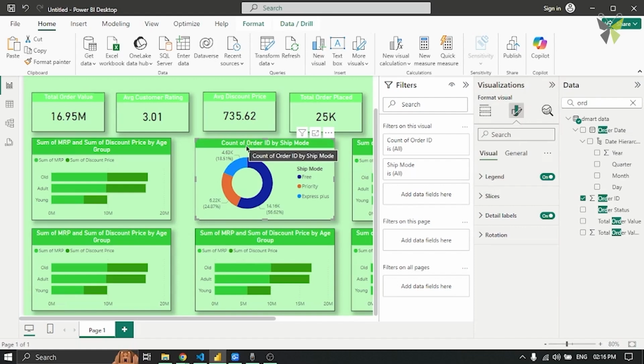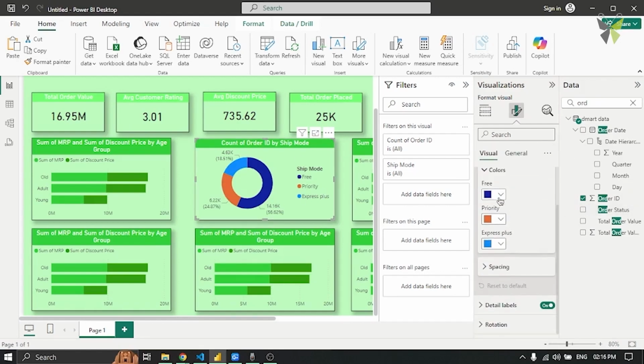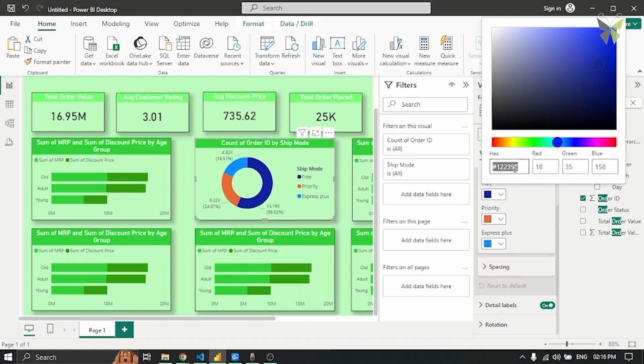As we can see, this blue color is coming a lot. That is free shipping. Everyone likes it. Priority and Express Plus are a little bit less. We can change this coloring as well. So let's go back to our greenish coloring. We'll select the dark green first and then start going a bit lighter from that.